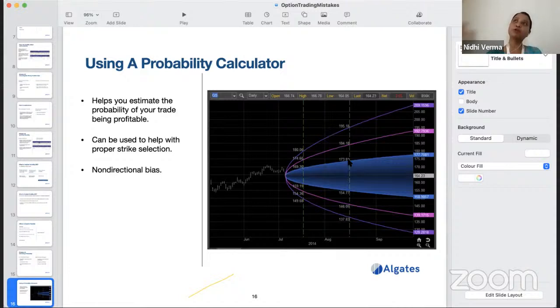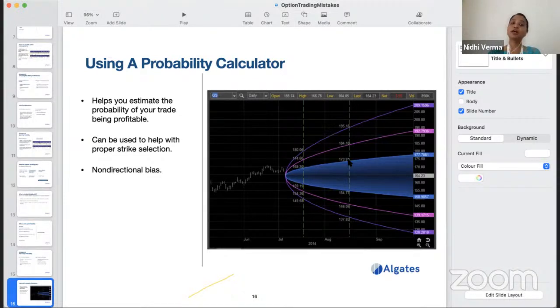If your outlook is farther away, then there is less probability that it will happen. And if your expected price is nearer to the current price, then there is more probability that it will happen within a given time frame. So this is the idea which you should have, and this applies in both directions. It can be positive, it can be negative, it can be upside, or it can be downside.